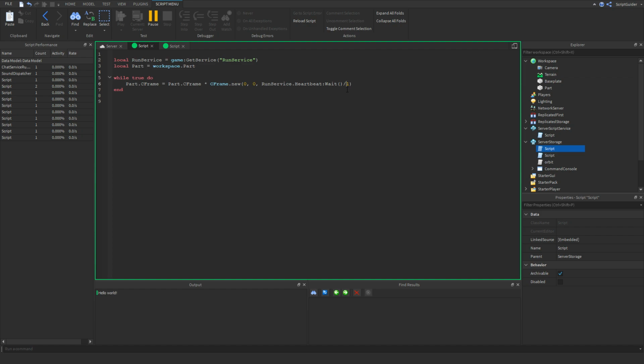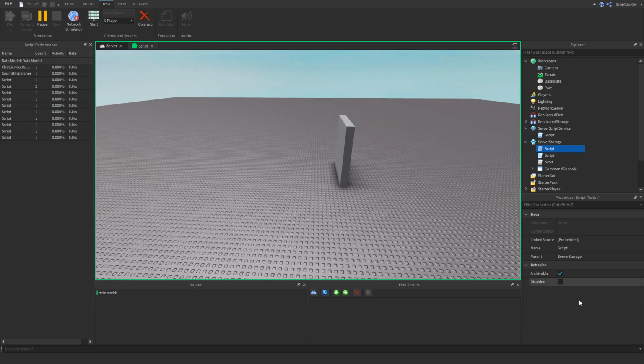So we're going to then multiply this by what we want our distance per unit time to be. So, like I said, 5 studs per second. And we don't have to add a wait anywhere else in this loop because we've already used it here. So that still counts. So if I run this script, we should see